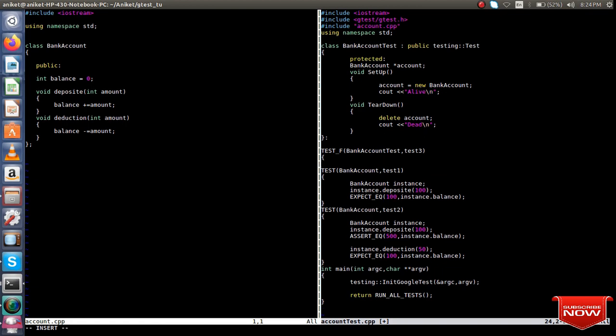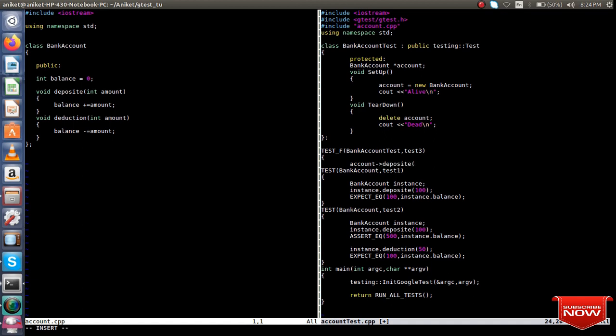So whenever I'm calling this class, one instance will already be getting created over there, so I don't have to create another instance, and I can directly use the created instance as it is, with the arrow operator, and then call deposit.